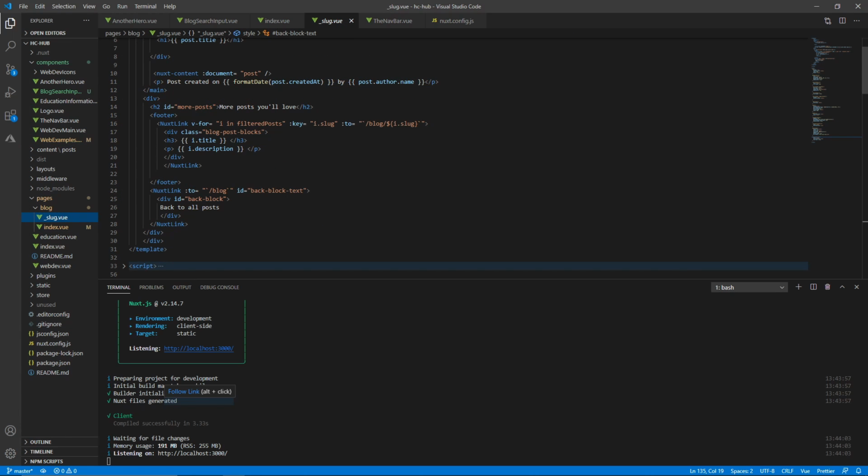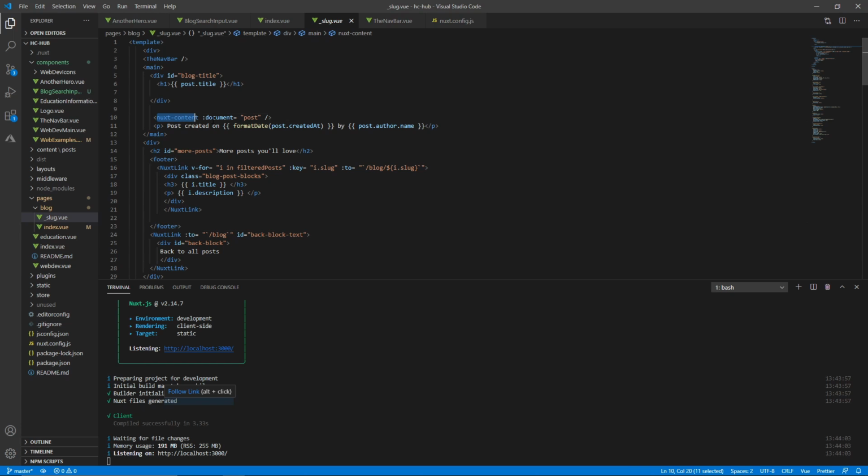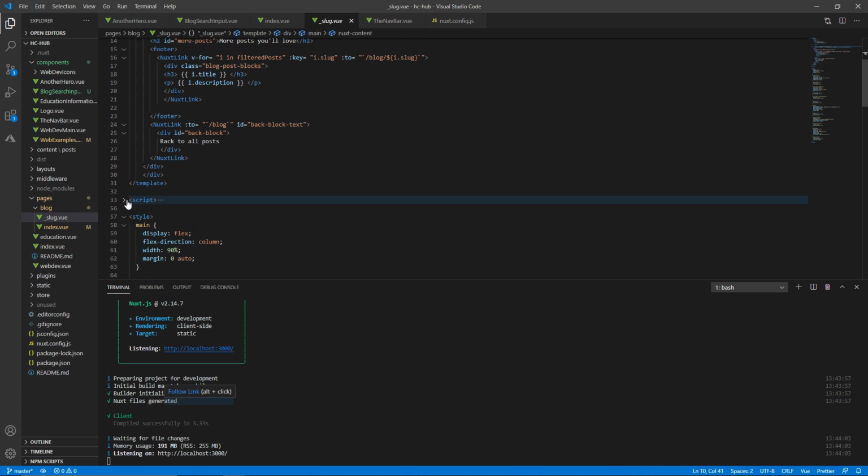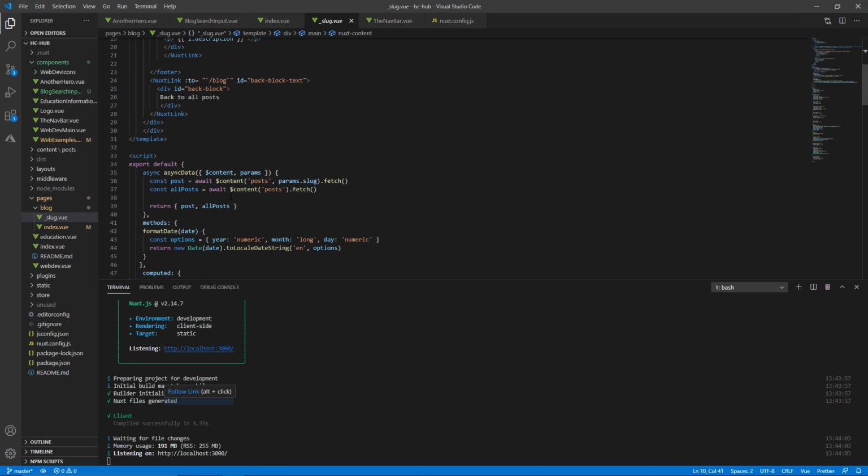And here we're able to style it, showing the Nuxt link, and then the Nuxt content. The document is post, which we pull across, I compacted it there, by pulling it in over here with the Nuxt content module, which is absolutely brilliant, amazing. And I spent so much time stuck on this because I was trying to do it as a completely